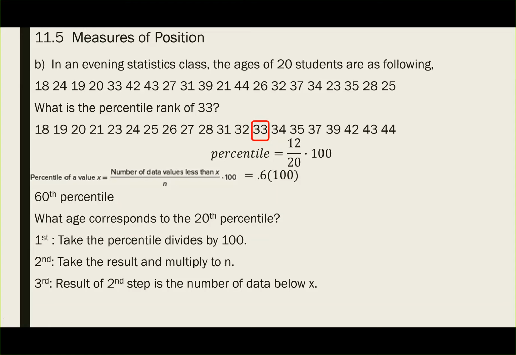Looking at this, all we do is take the 20 divided by 100. The percentile, which is 20, divided by 100 gives us 0.2. Once you have 0.2, whatever the result of step 1 is, we multiply it back by n, which is the total number of data, so 0.2 times 20 is equal to 4. What is this 4? This 4 means there are 4 data below my given data, because remember, it is the number less than that value. So the value is not at the